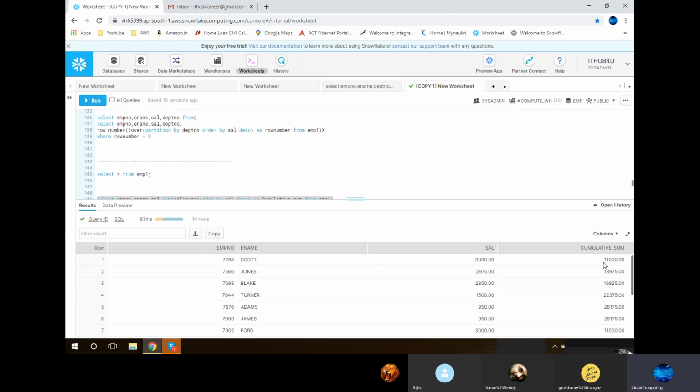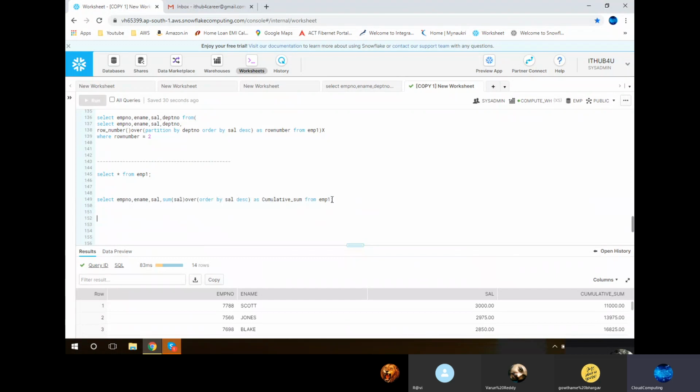Some numbers are there. To try to understand these numbers, the numbers are in a different order. So to understand it very simply, again we'll go with ORDER BY class, ORDER BY salary descending.